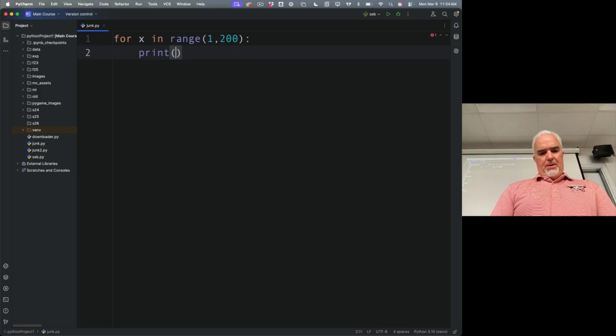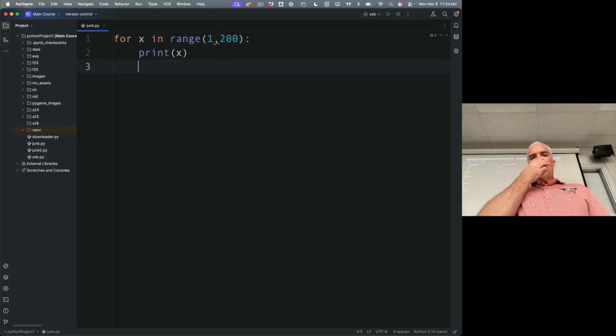And so there's my print out the numbers from 1 to 200. And if I want to, I can insert what's called a breakpoint, right? That's why it's highlighted in this color. That's why I have this little circle on line 2 here. Every time I put in a breakpoint, what it allows me to do is